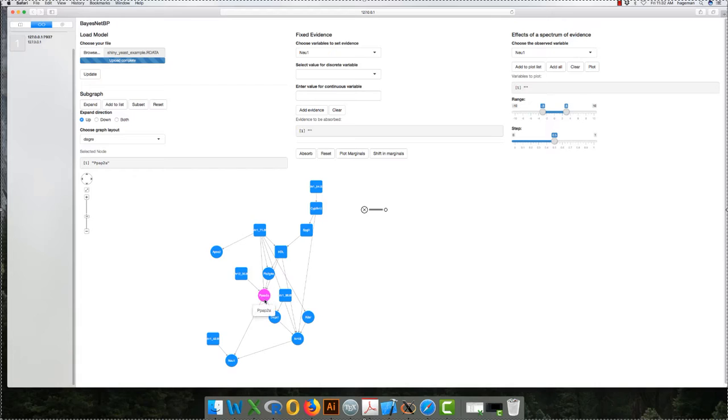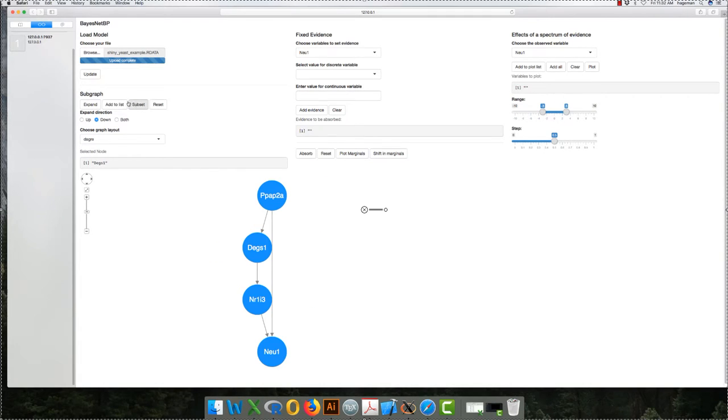So I can do the same thing, and I can go down the graph. Okay, so let's see here. And if I want to expand it, now I'm going to the children nodes, and I can keep going down if I want to. And I can add these to a list and subset that list,